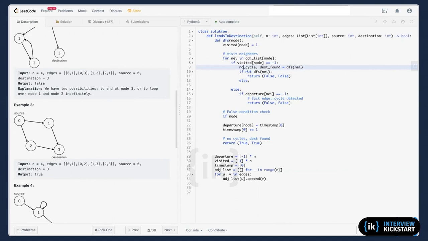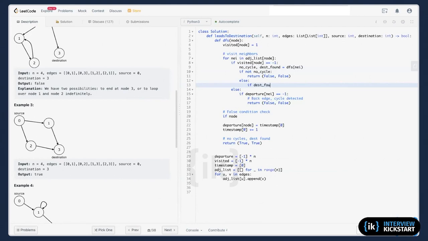No cycle. Else, there's no cycle. Okay, no cycle, return true.